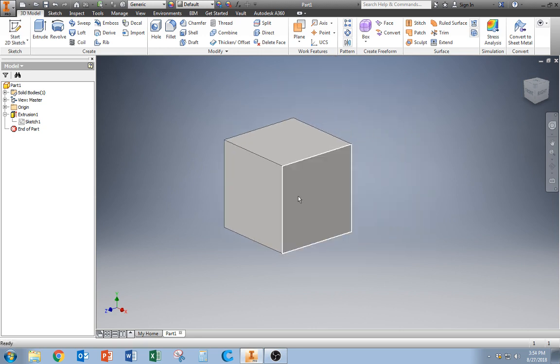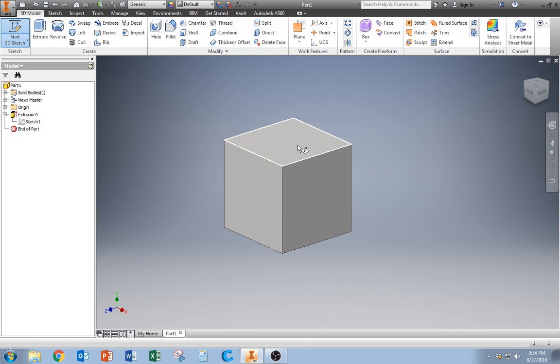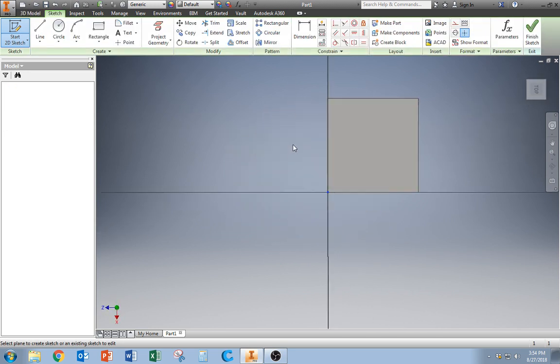Okay, so now I'm going to add some stuff to this. I'm going to show you what some of the buttons do, and how we can add other features. So if we imagine a Lego piece, the Lego pieces have the round part on top. So I'm going to start a new sketch on the surface of this cube. So I'm going to click on that surface,